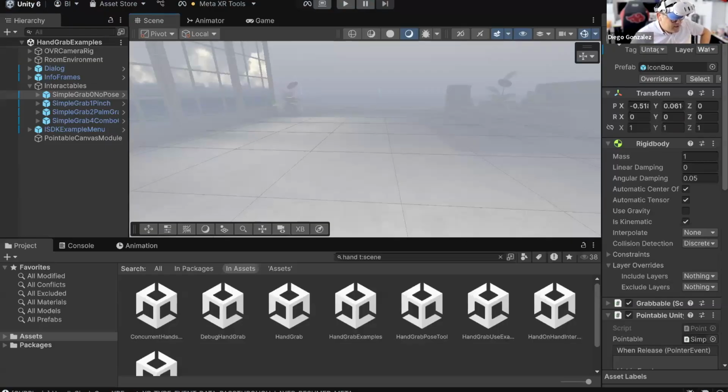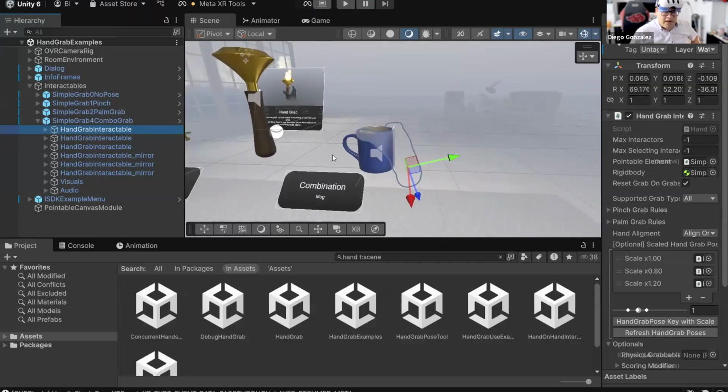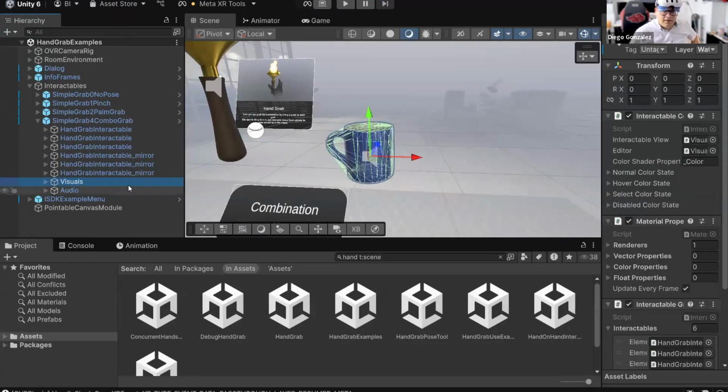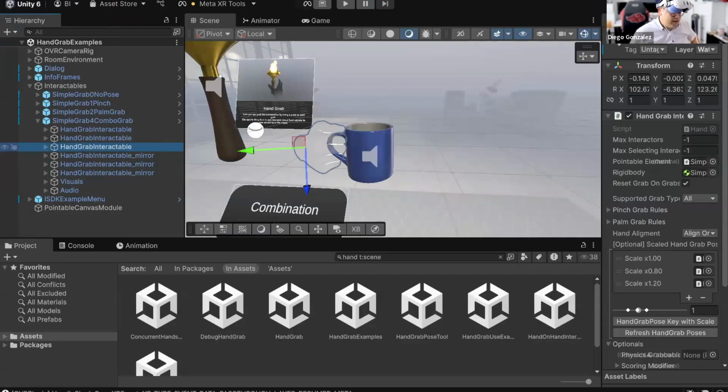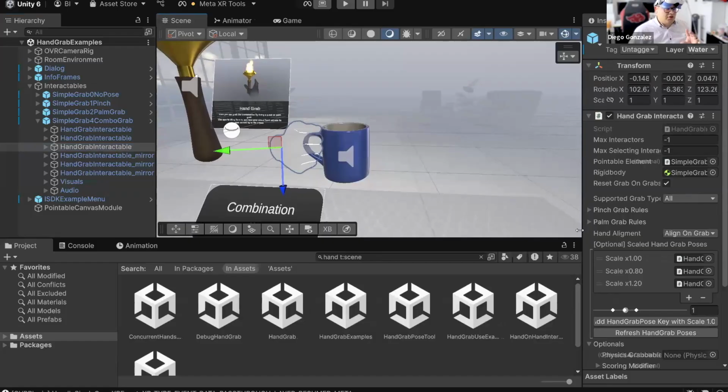Ray says, there's also hand pose recorded. Yeah, that's the one. Is that pose set versus dynamic? And the best part is because they are listed here, you will be able to see what the poses are and tweak them manually if you really need to, right? It will basically snap to the closest pose that you have. So I would say sometimes it's better to have a little bit of control over what the poses are,